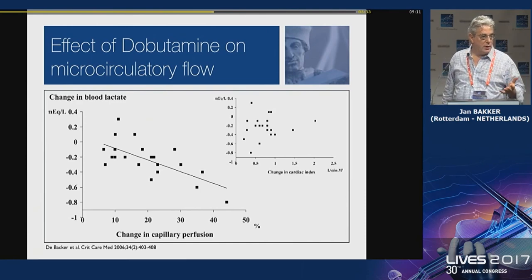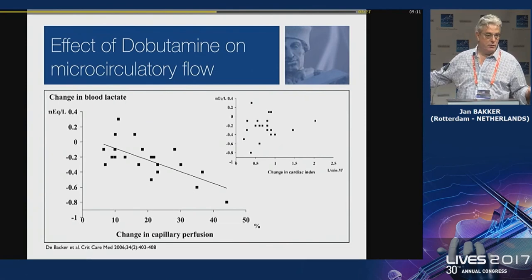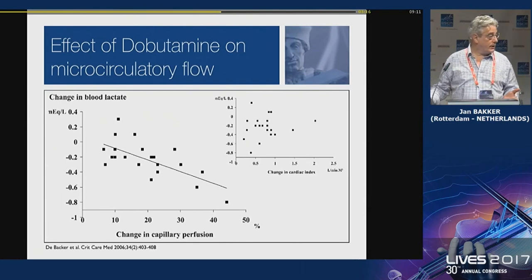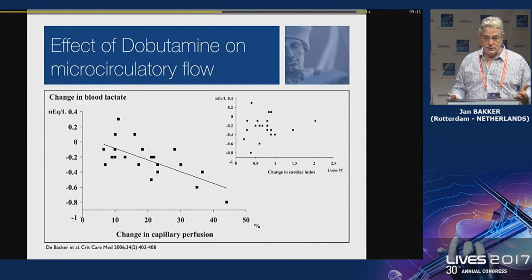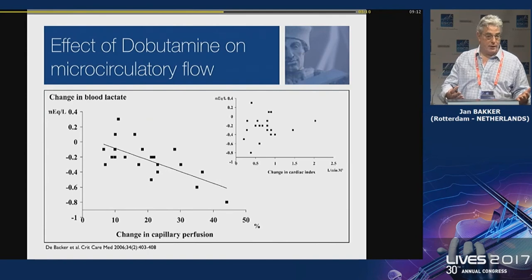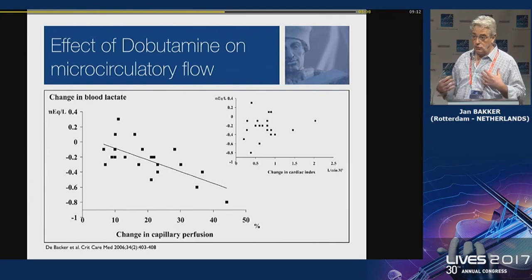What the group of Arnaldo Dubin showed is if your microcirculation is normal and you increase your blood pressure, then your microcirculation has only one way to go, and that's bad. But if your microcirculation is abnormal and you increase the blood pressure, there's something to gain. So the first message is if you have abnormal microcirculation, then do something about it. But if your microcirculation is normal,